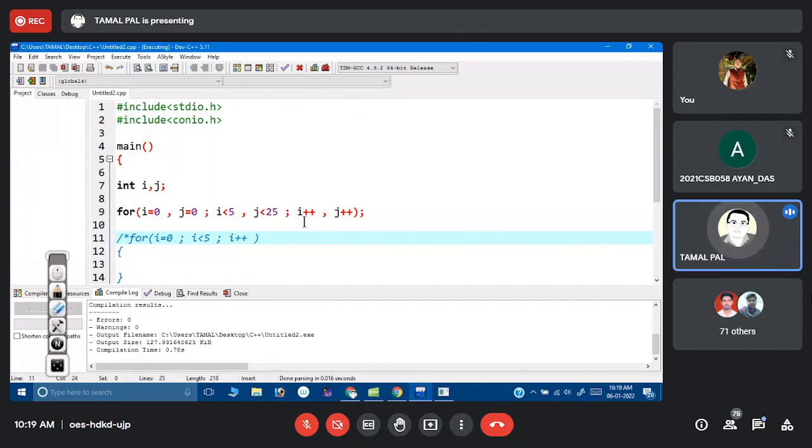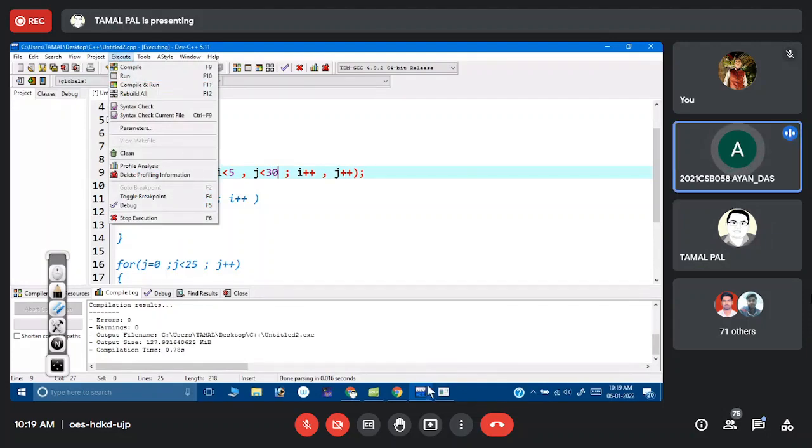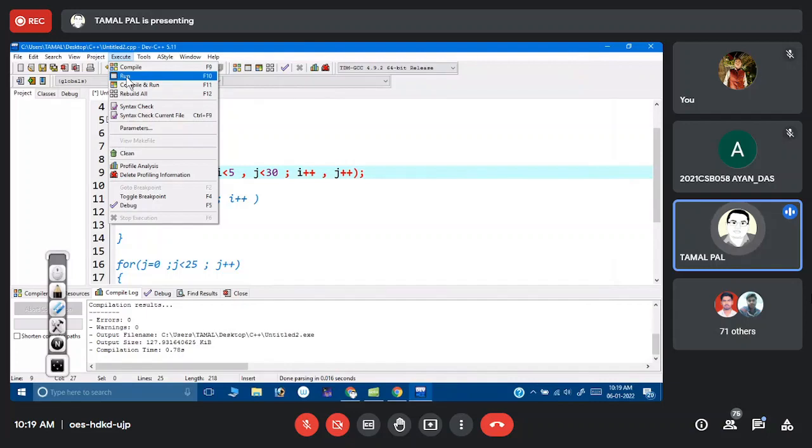So that may be the reason behind it. If I increase it a little bit, let's say I make it 30, then what happens? Both will become 30. If it is so, then your expression is okay.